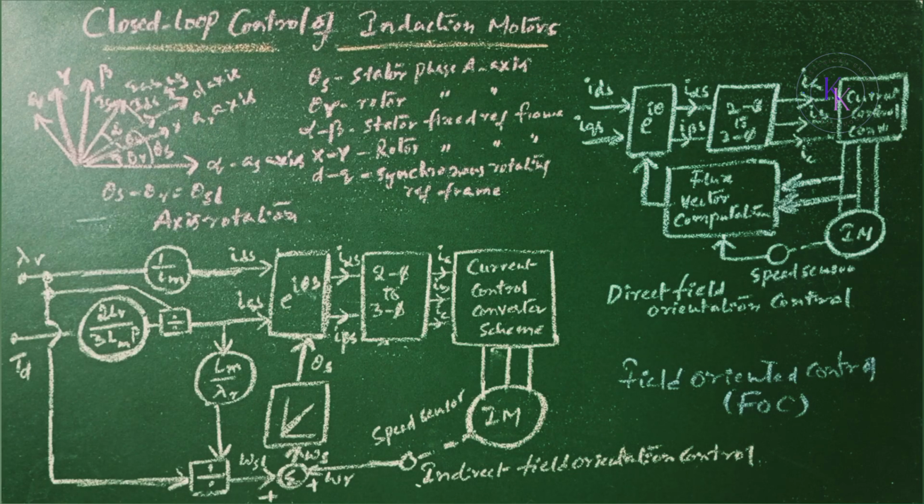The amount of decoupling is dependent on the motor parameters unless the flux is measured directly. Without the exact knowledge of the motor parameters, an ideal decoupling is not possible. This is regarding the closed loop control of an induction motor